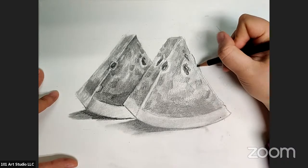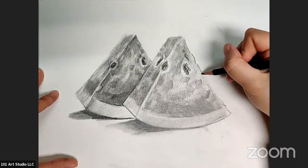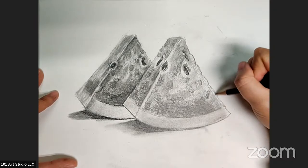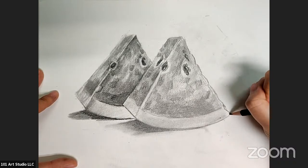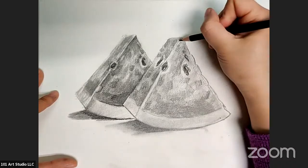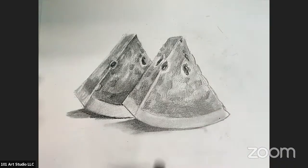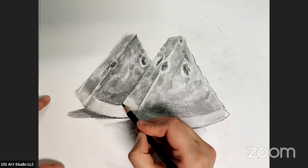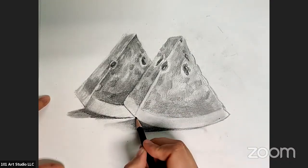So now, I don't want the edges of my watermelon to be totally single lines. So I'm going to add a little bit of curved lines, curvy lines turning around and around to make it a little bit more realistic and interesting. Okay, and the edges right here get a little bit darker. Okay, little holes right here, a little bit darker. And the top gets a little bit darker. And right here, yeah, this piece I want to make a little bit curvy instead of